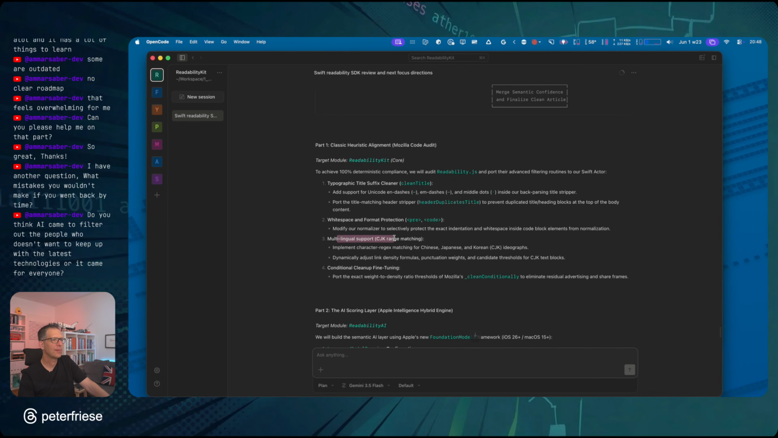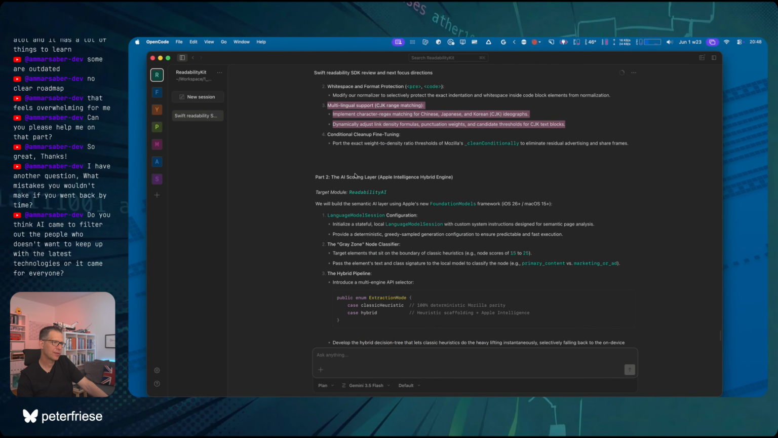Oh, and obviously, I mean, I don't speak any Asian languages, so I would have no good way to verify if support for those languages works. So I'm really curious how we're gonna do this here. Conditional cleanup fine tuning. Yeah, sounds good. And then part two,